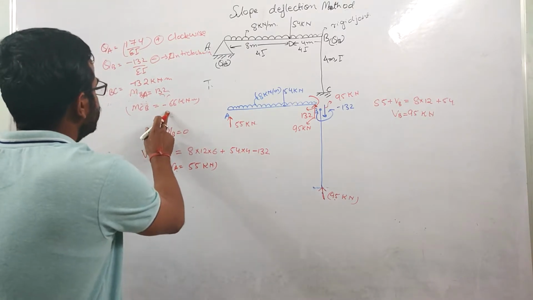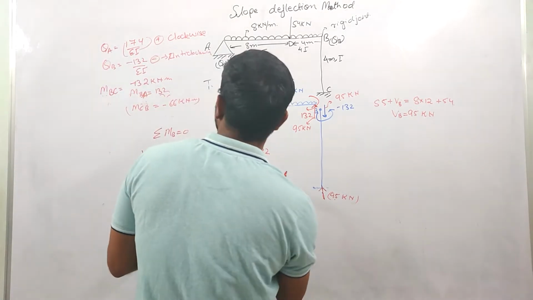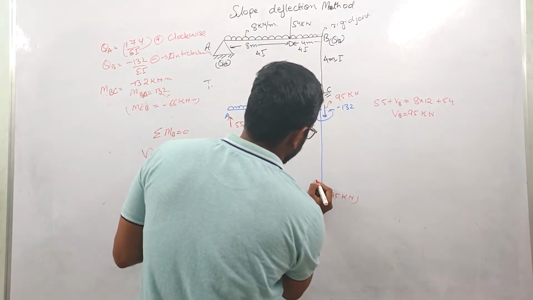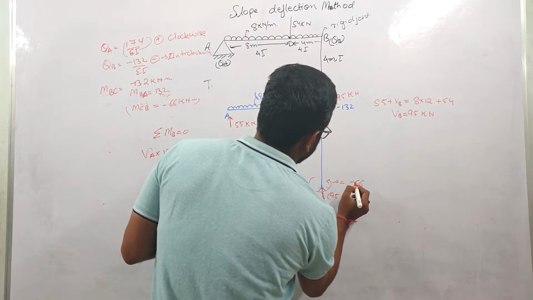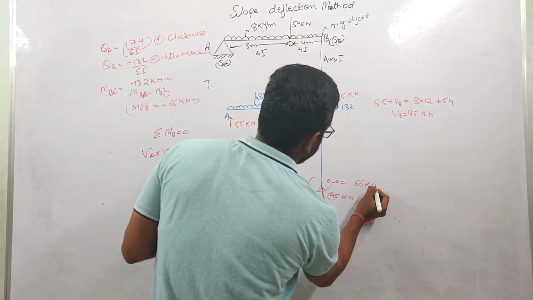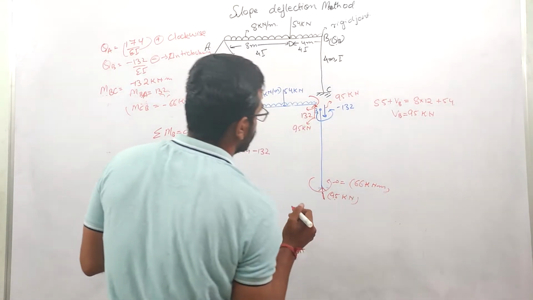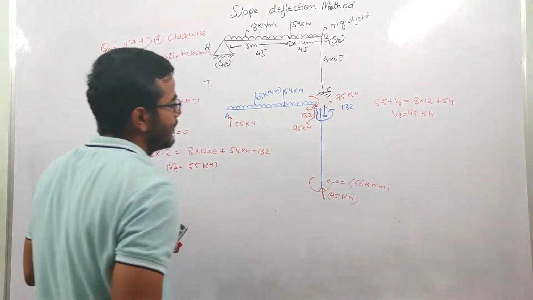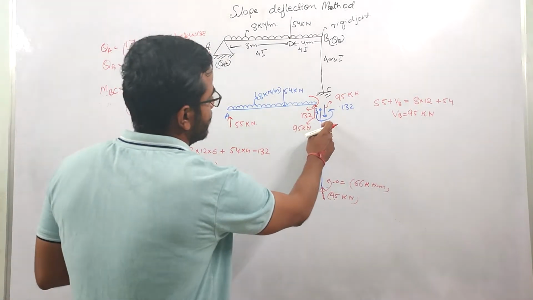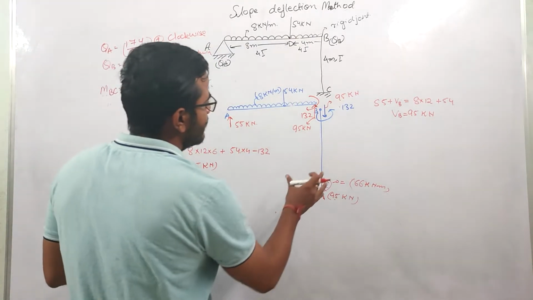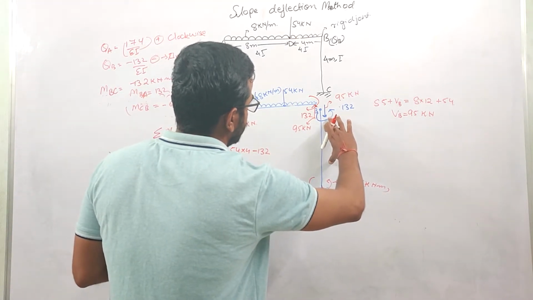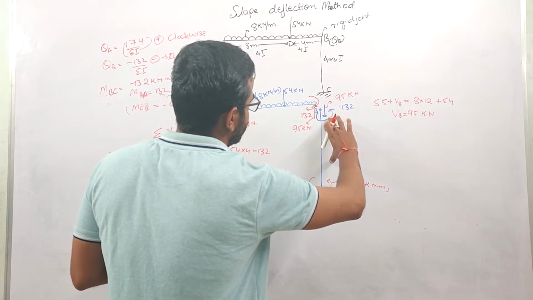And this value of MCB is 66 kilonewton meters, and it is in anti-clockwise direction. So at this end, the moment value is minus 66, or you can say 66 kilonewton meter. The negative sign is just showing the direction basically, right? So here also this is anti-clockwise, this is anti-clockwise. Now to balance this moment,